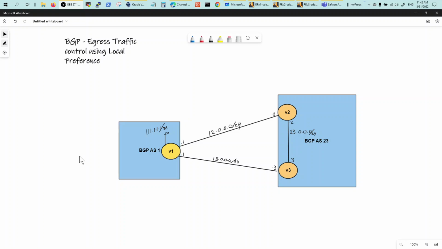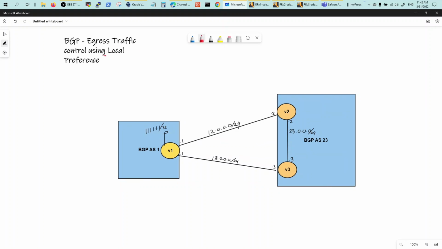So in this video, we will talk about BGP egress traffic. How can we control traffic with BGP using its attribute called local preference? Local preference is the highest priority attribute that BGP prefers. And in this video, we will configure this topology with VOS1 and AS1 advertising this prefix